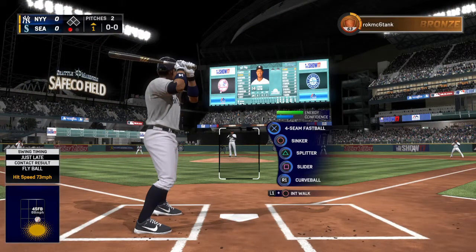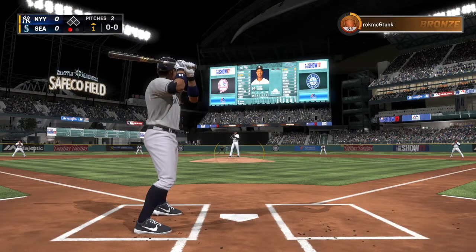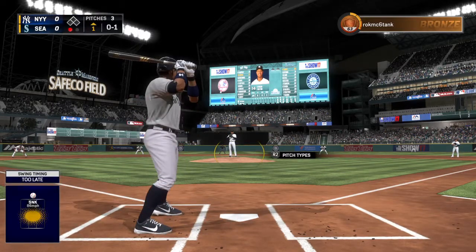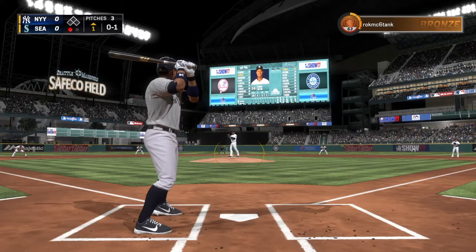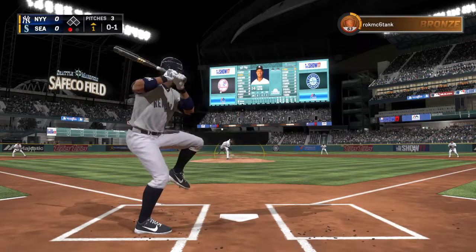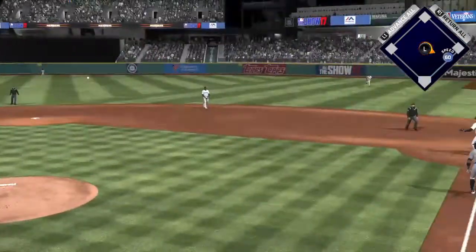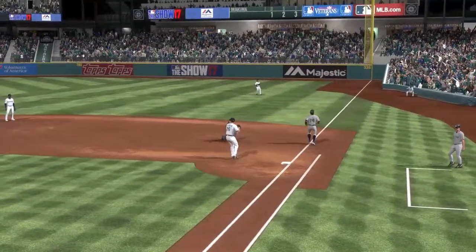Here's Starlin Castro. He's ready for his first at-bat of this early season contest. No contact on the sinker there, and he's behind 0-1. Boy, and it's a good night for the old hot chocolate here. 46 degrees at game time. Hit to third. Seager has it. Throw in time at first for out number